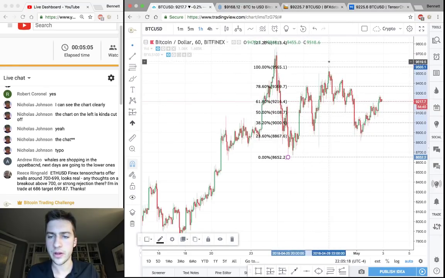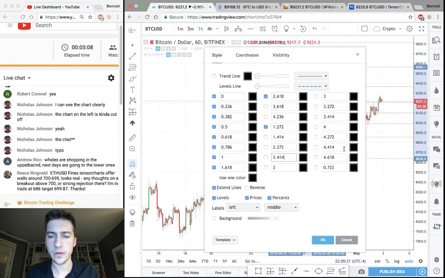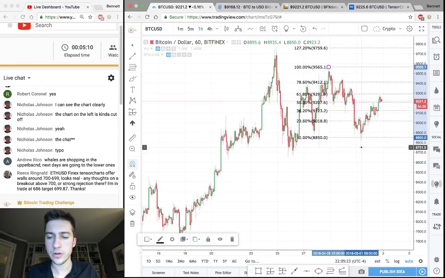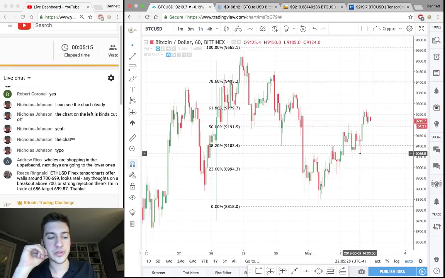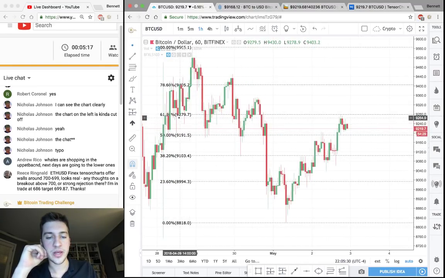Oh no, not that high. Not low. This high, and oops, this high and this low. Yes, the 61.8 actually had perfect resistance here, as you can see. So we had resistance at